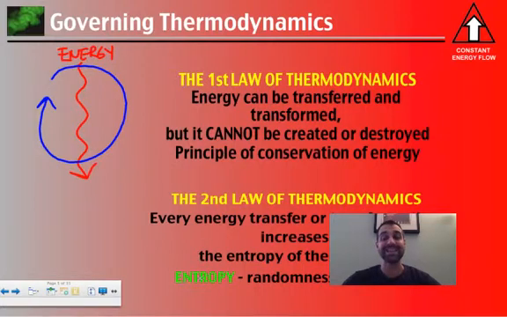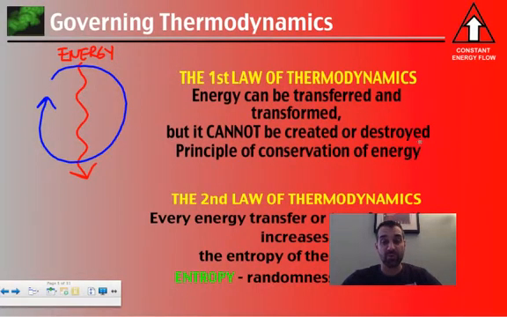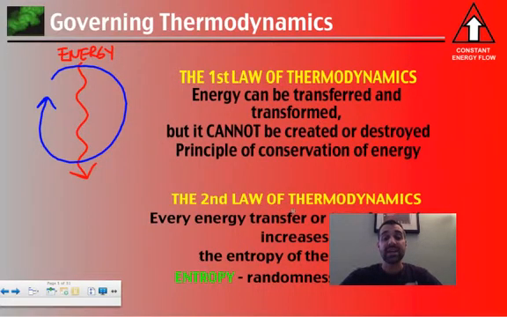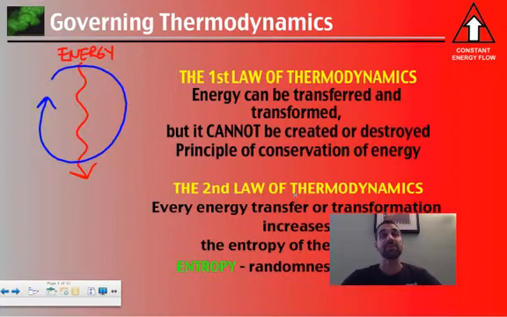Entropy, or randomness, is disorder. There is no way around this. The first law states that energy cannot be created or destroyed, but can be transferred or transformed. Since this energy transformation is not 100% efficient, it implies that energy is going to be released from the system back out to the surroundings. So the second law of thermodynamics says that because these energy transformations are not 100% efficient, we will always lose energy to the environment, to the universe, and this kinetic energy will increase the randomness or disorder, aka entropy.